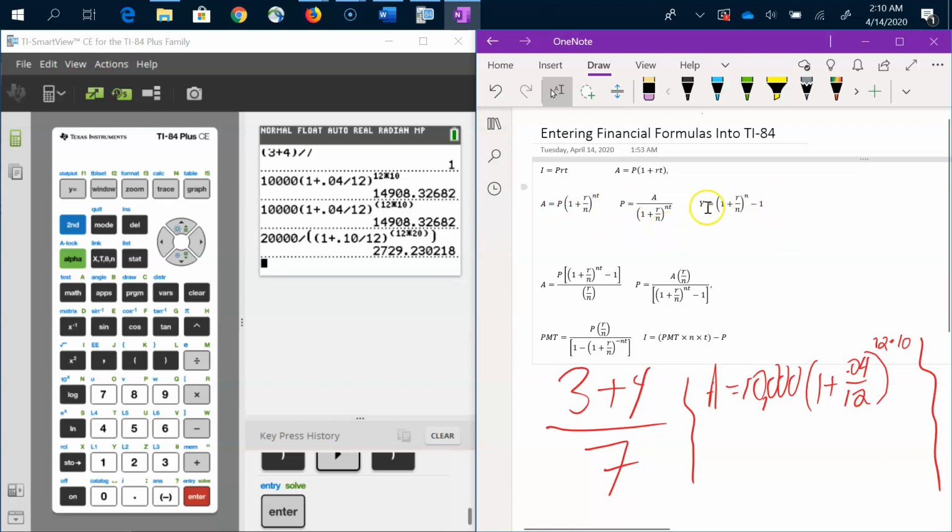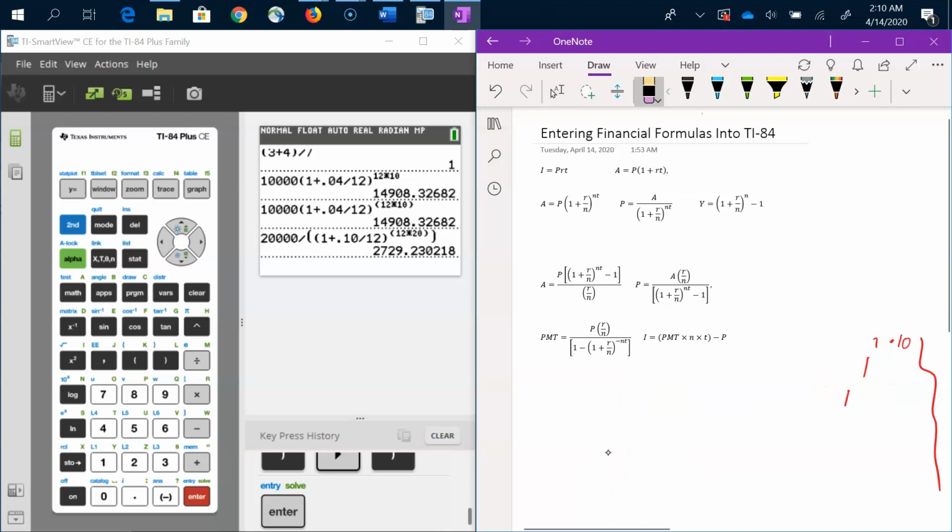Okay, I'm going to skip the yield one because that's not a very complicated one to enter in the calculator. I'm going to go to this formula here, the total amount, if you have a certain payment that you do regularly, and here same thing. Over here this is for an annuity, and I'll do the first one. So I'm going to use an eraser here and erase what I have here, just so I can use the same space. Okay, I'll get back to my